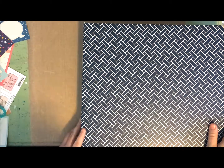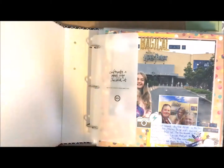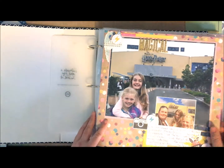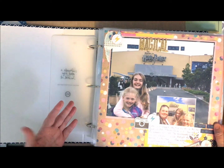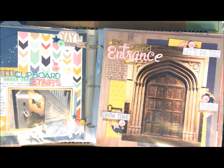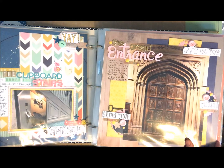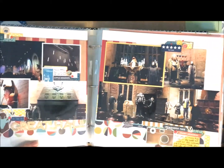But first I thought I would just do a little bit of a walkthrough, show you what I have so far. So this is a layout I did not do for this load. This is my title page. And then I've got Cupboard Under the Stairs. Again, these are before I started doing the load challenge. The Grand Entrance. The Great Hall,